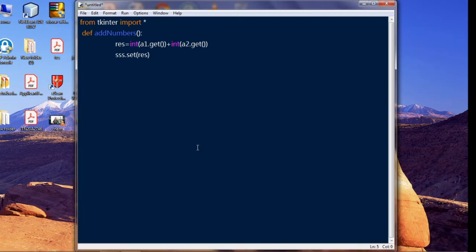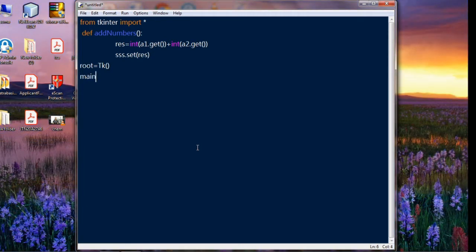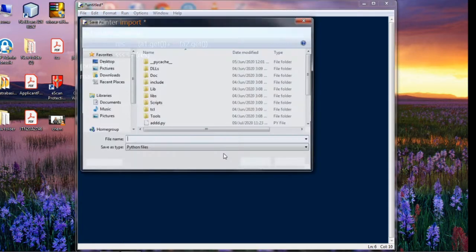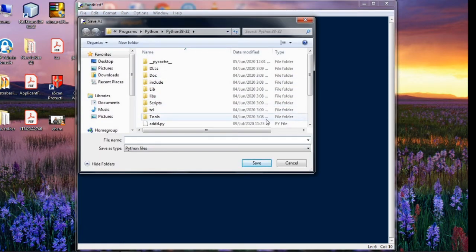Here the root is root equal to tk. Then call main loop to run it, F5. Save the file.